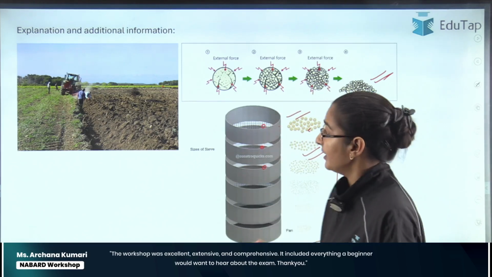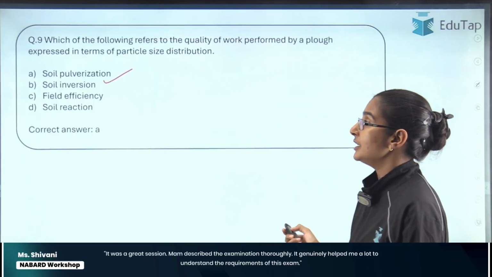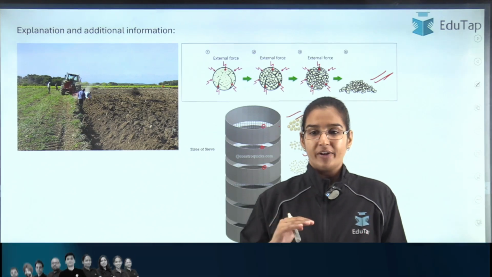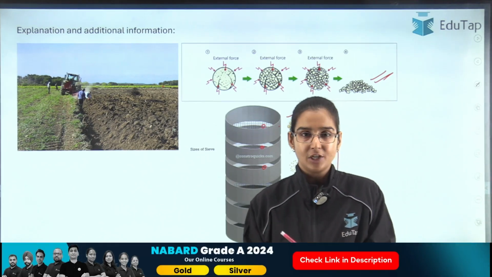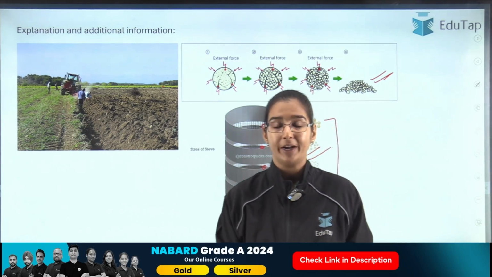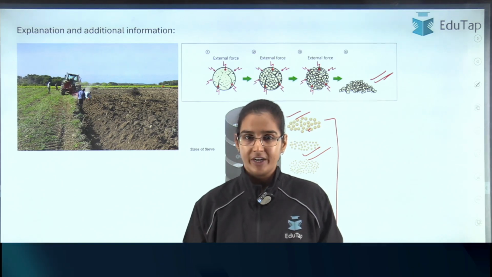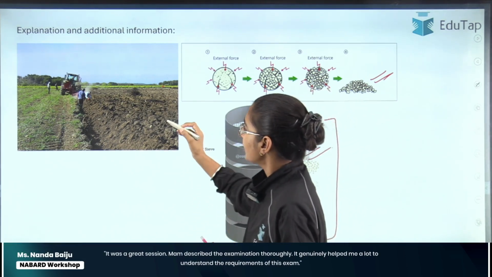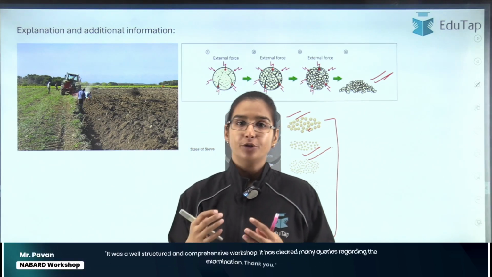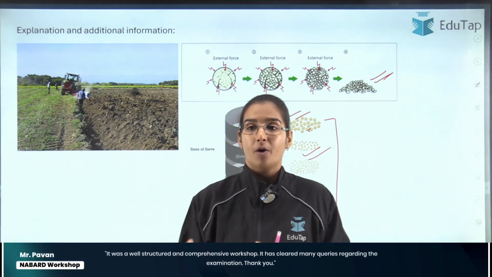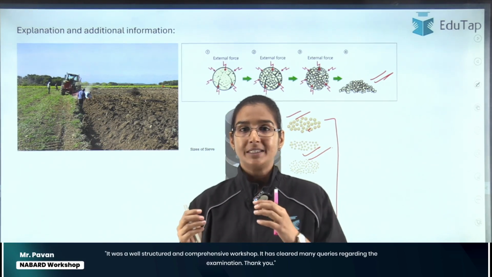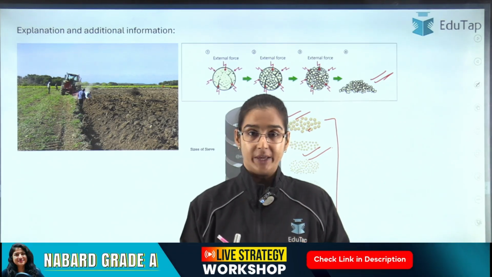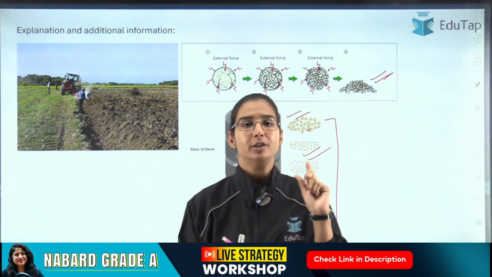And just let me check the other options. The second one was soil inversion. As we all know, whenever we do plowing, the soil is essentially inverted. And why we do plowing, I just explained in the last class, so as to remove the weeds and to improve the aeration of the soil. Now, soil inversion basically is a ratio, or you can say a percentage, of the number of weeds which were seen in the field after plowing and the number of weeds which were seen in the field before plowing. So when we take this ratio, it is known as soil inversion, right?